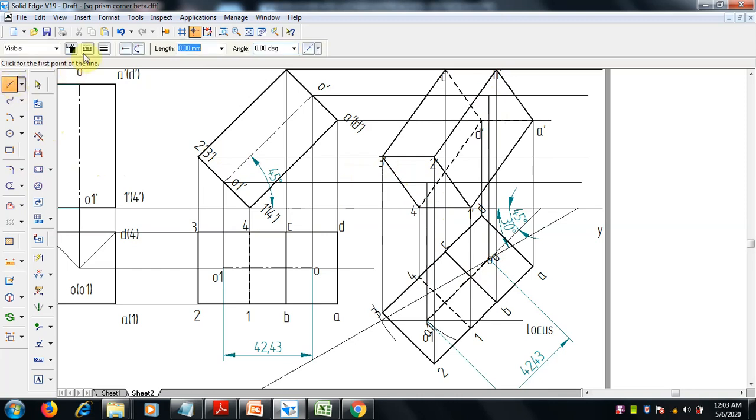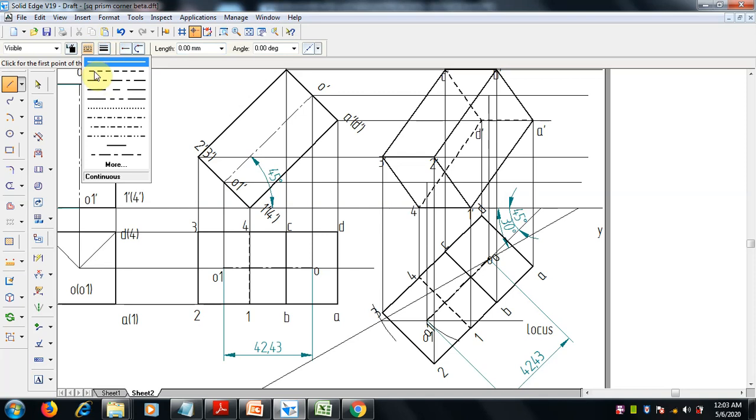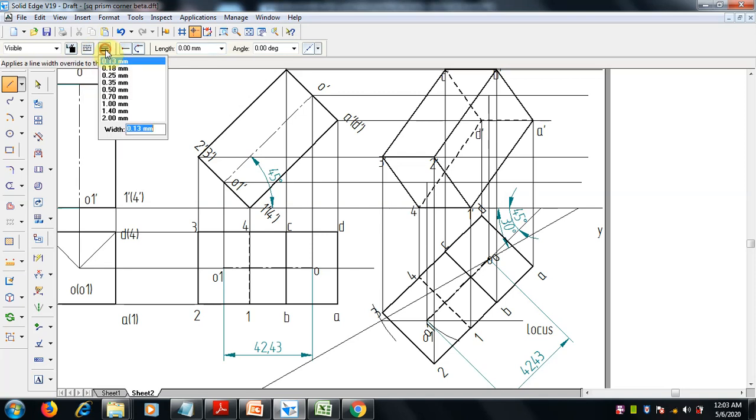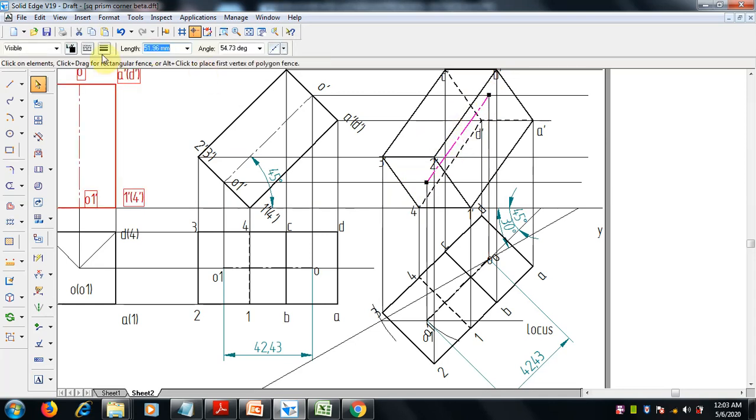So now select a line, center line, select center line. Now select, this is the axis line and 0.5 mm thickness. So from here to here, that is 0.13 mm, is fine. So for visibility I said point. So here it is not visible, so we are giving the axis darker.